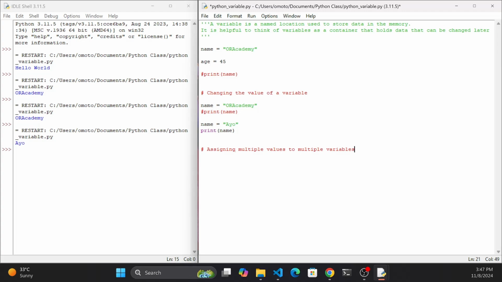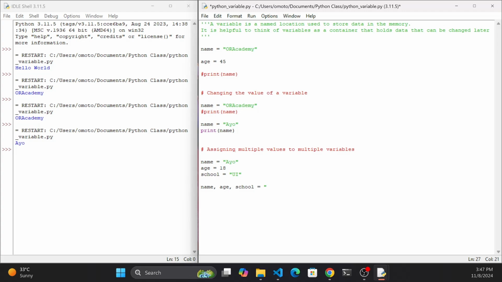Instead of typing it one by one like this, name equals Ayo, age equals 18, and then school equals UI, what I can do is write name, comma, age, comma, school